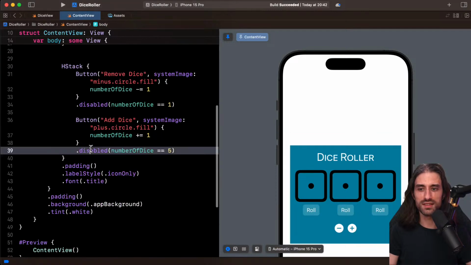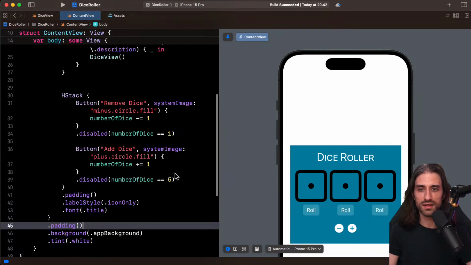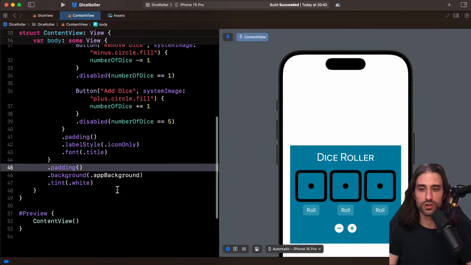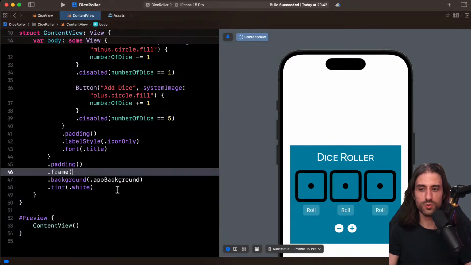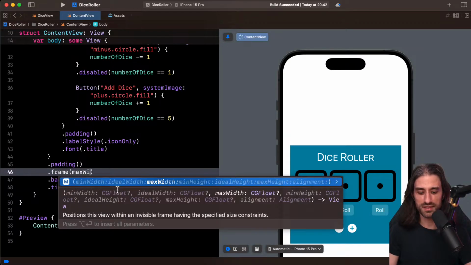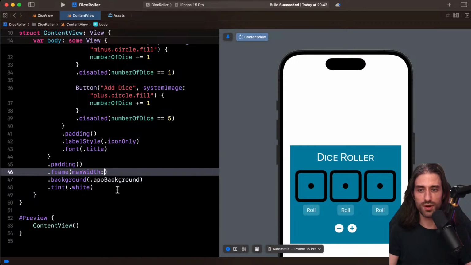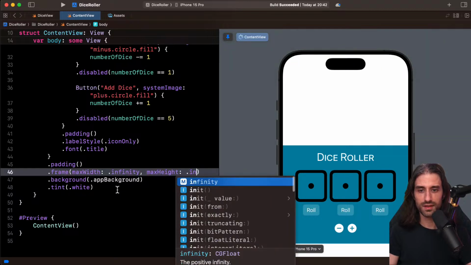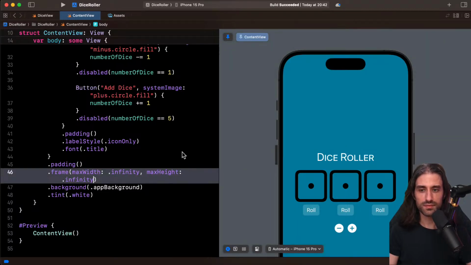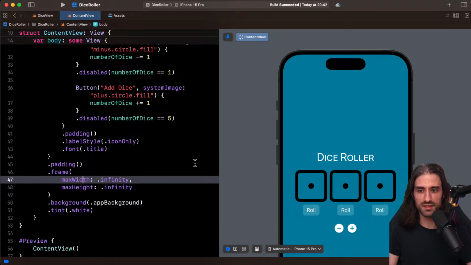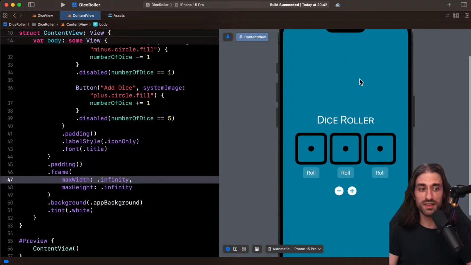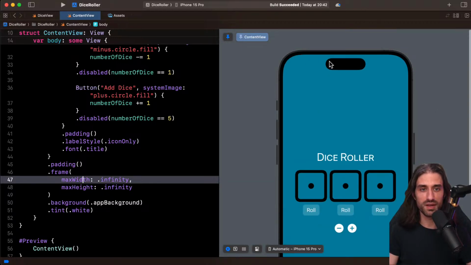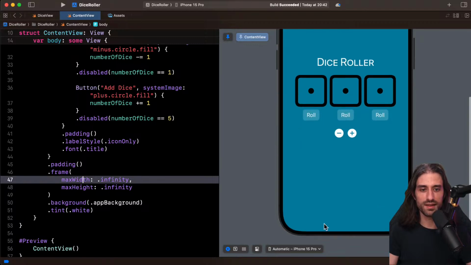So we are saying that this view here, this VStack, so what's in blue, should take all of the space available, and we do it like we saw last time by calling the frame modifier with a max width of infinity and a max height of infinity. And it covers all of the space available, including space outside of the safe area, so including space like around the dynamic island and around the app switcher at the bottom.